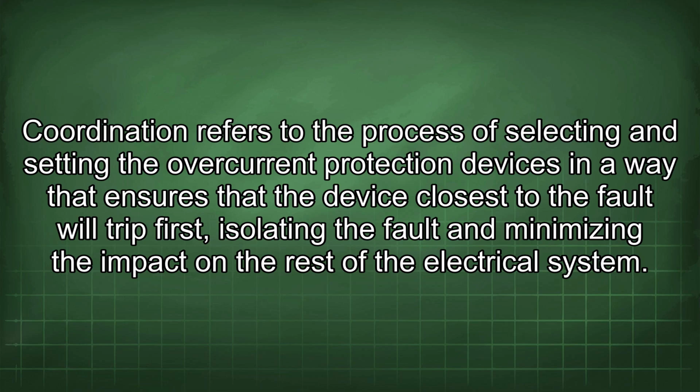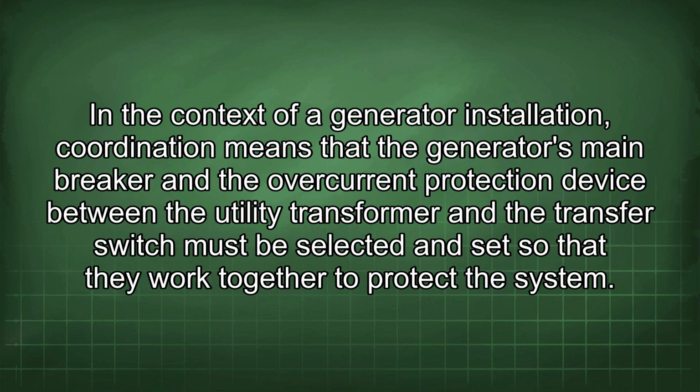Coordination refers to the process of selecting and setting the overcurrent protection devices in a way that ensures that the device closest to the fault will trip first, isolating the fault and minimizing the impact on the rest of the electrical system. In the context of a generator installation, coordination means that the generator's main breaker and the overcurrent protection device between the utility transformer and the transfer switch must be selected and set so that they work together to